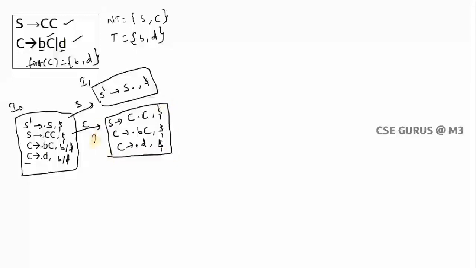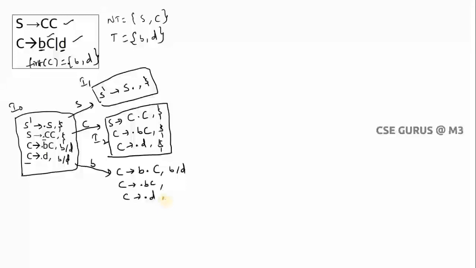So this is I2. Now what is the next symbol to be taken? Dot B. I'll take dot B. C tends to, so if I scan dot B, it will become B dot C. Of course I'll write the lookaheads here first, and after dot you have C, no? So it is a non-terminal, and I have to write those non-terminal productions, only the productions, not the lookaheads.